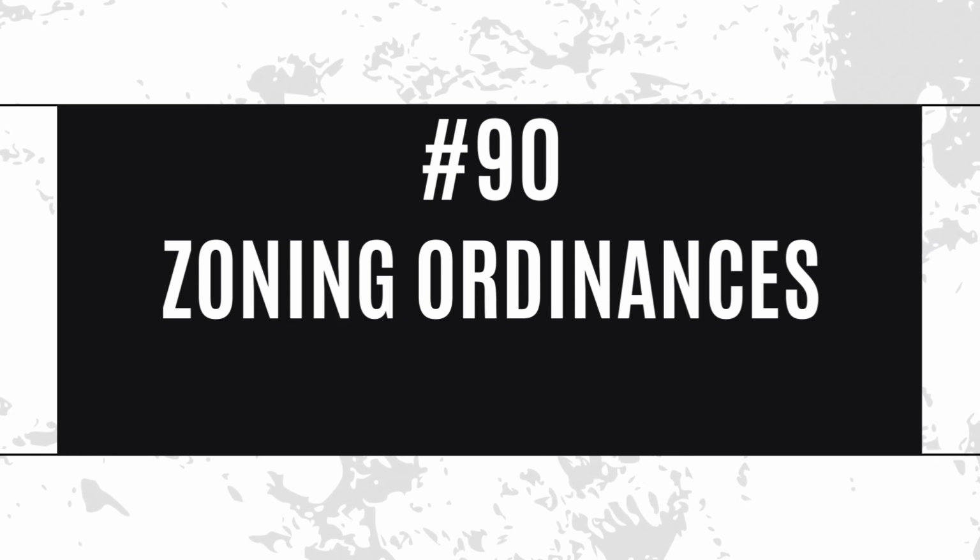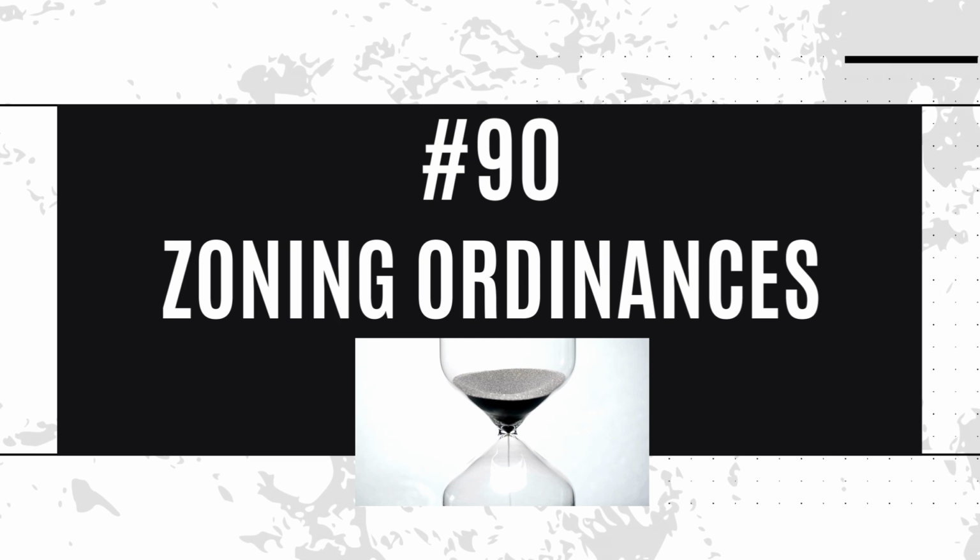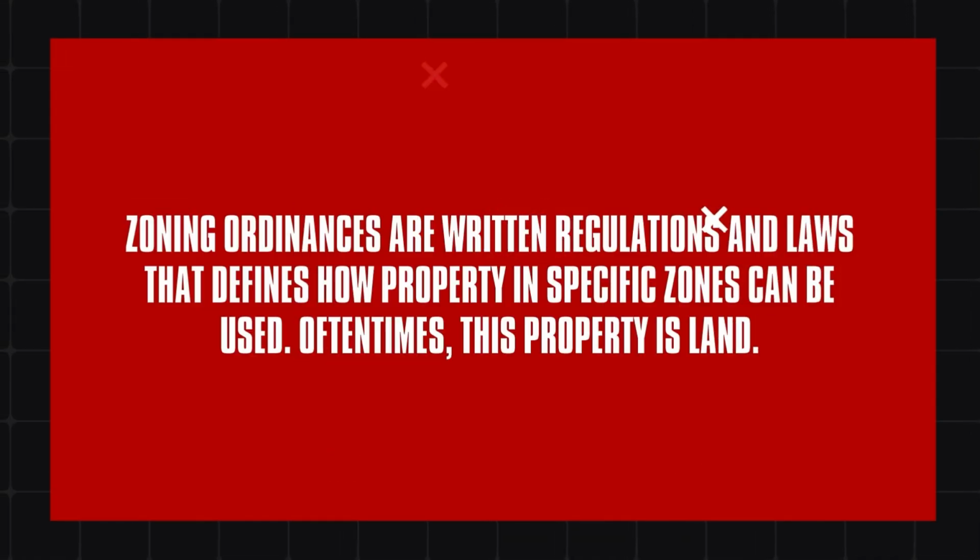You've got this. Zoning ordinances serve as the rulebook for determining how properties, most often land, should be used and developed within specific zones. Consider them the referee, ensuring that land use plays well with community needs, goals, and the spirit of local planning. You've done it! Terms 61 to 90 are now under your belt,